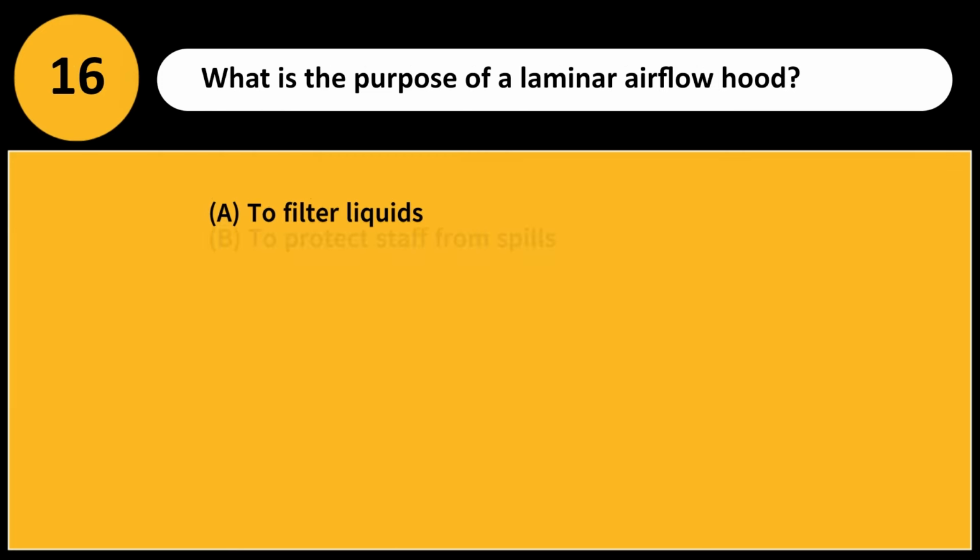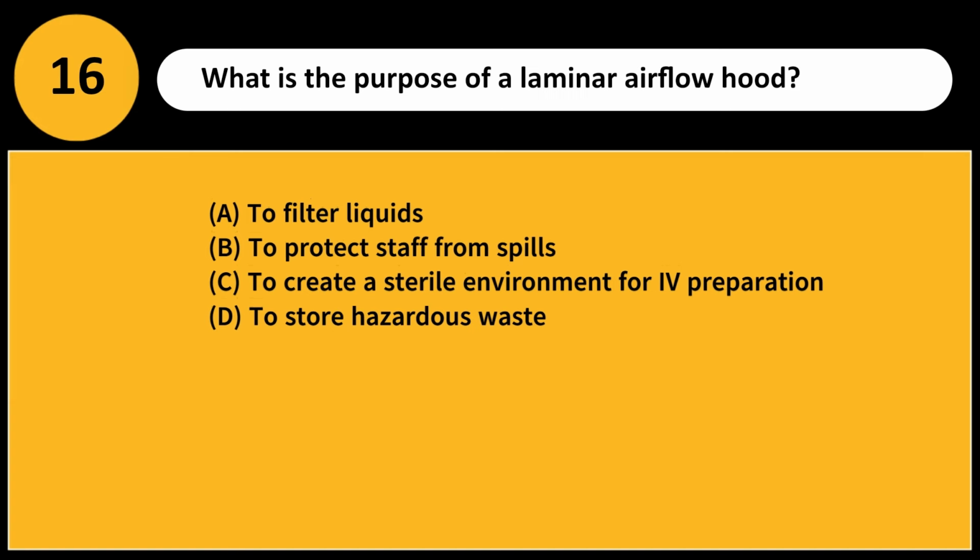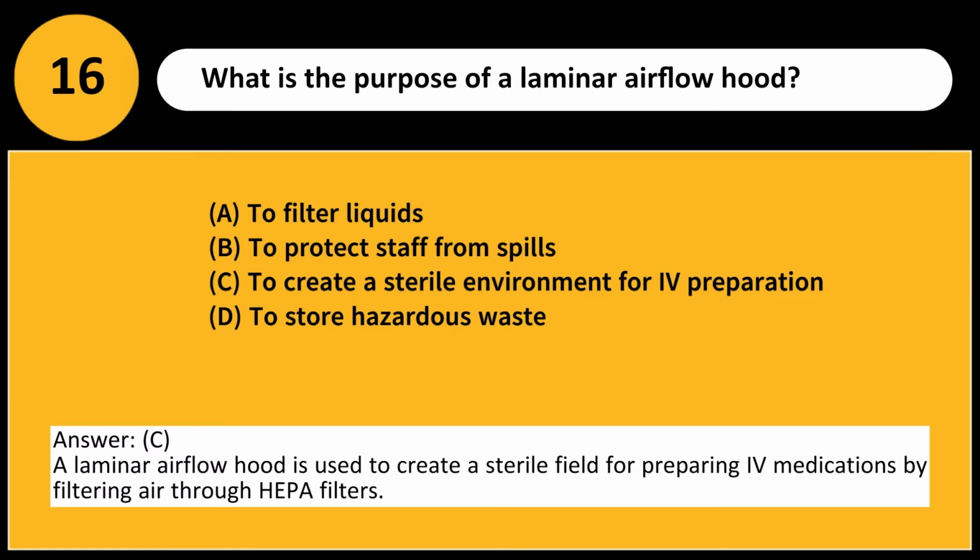What is the purpose of a laminar airflow hood? A. To filter liquids. B. To protect staff from spills. C. To create a sterile environment for preparation. D. To store hazardous waste. Answer C. A laminar airflow hood is used to create a sterile field for preparing medications by filtering air through